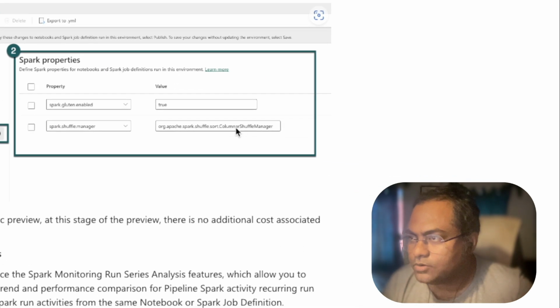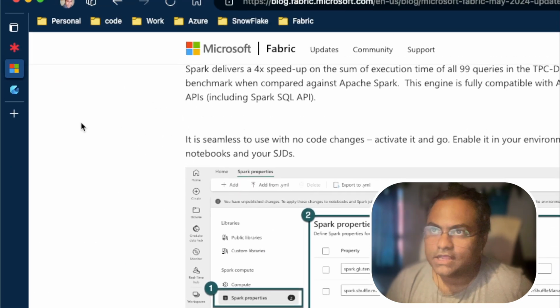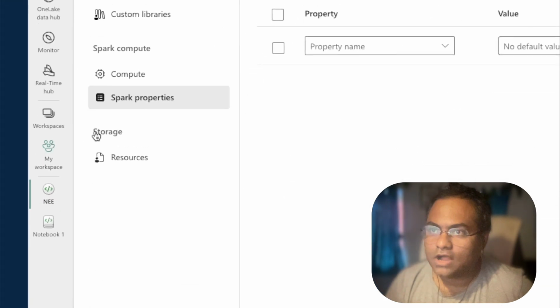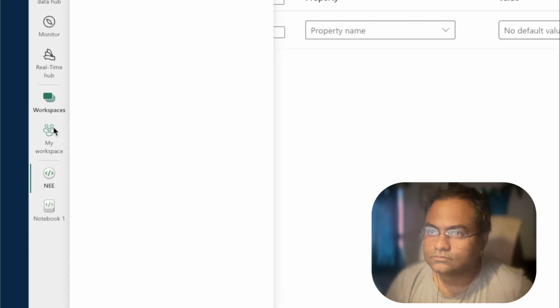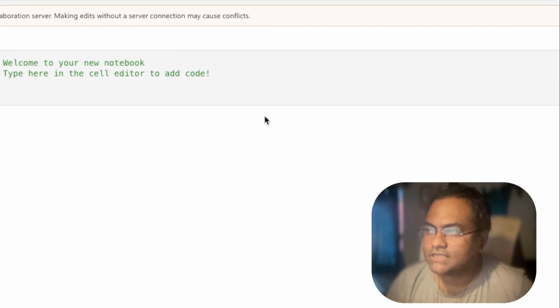And we just need to put these particular configuration settings or values. So this is one way of doing it. Another way of doing it is that we can directly go into our notebook and also we can just